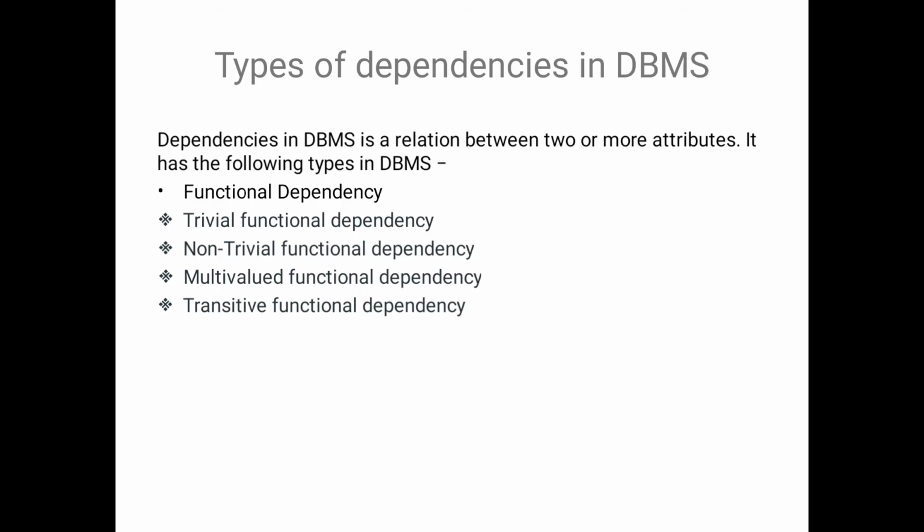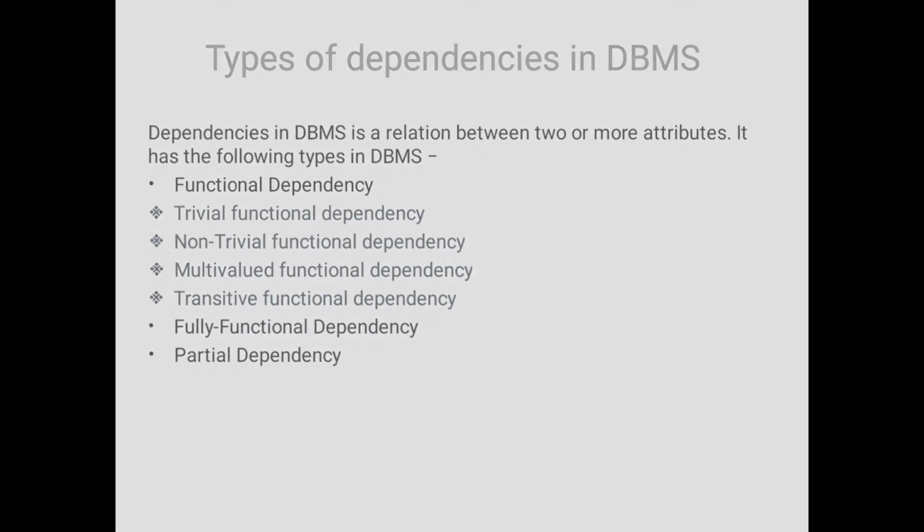So actually here we have three different types of dependencies available: functional dependency, fully functional dependency, and partial dependency. In the functional dependency we have trivial and non-trivial functional dependencies, and here we have some axioms, that means properties of functional dependencies, and some secondary rules are also available. Now we will see what is the meaning of functional dependency.